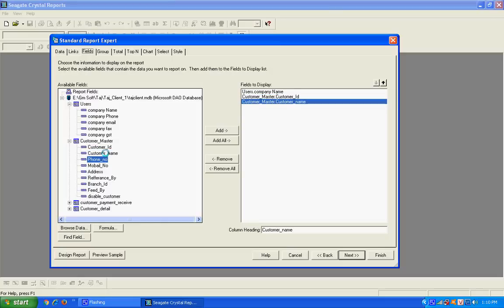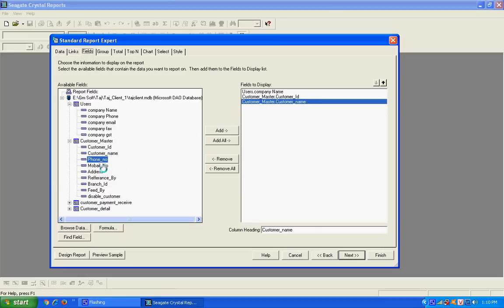We use both because we can easily understand who the customer is that we are working on. For example, customer ID 001 is George, and if we mistakenly enter 002, we don't know whether this is George or Robin. This report shows us whether this ID is George or Robin.